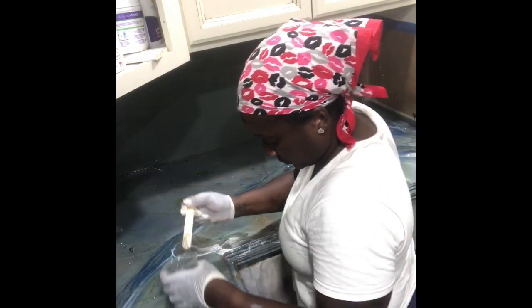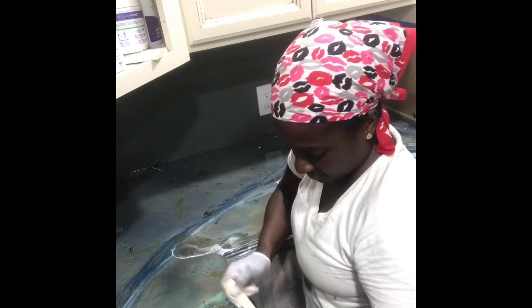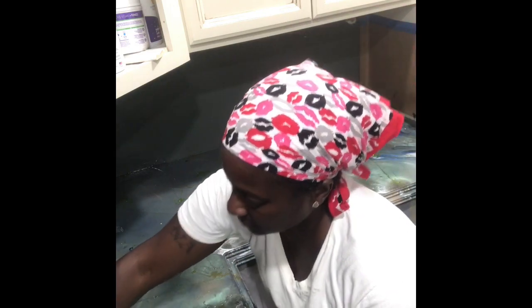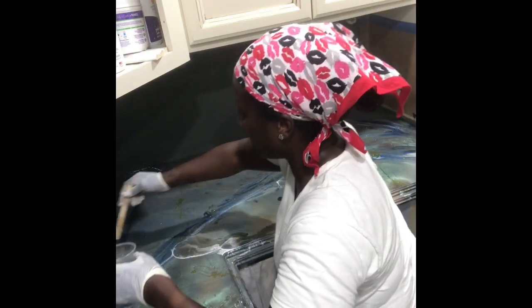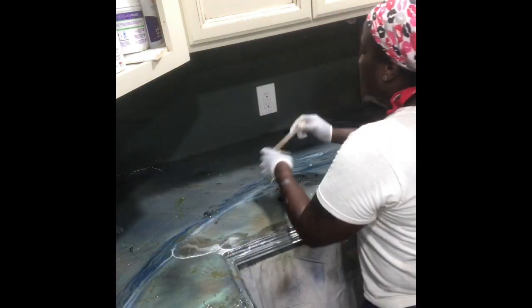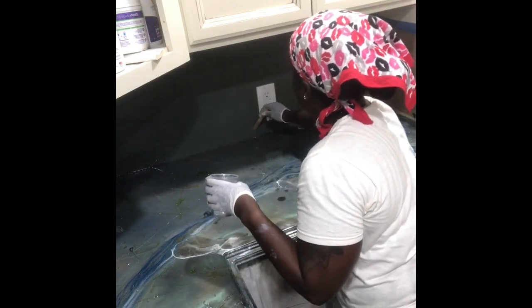Uh-oh. Guess I gotta put some glitter over there. Wow, this is really coming together. I was a little concerned because I had decided to take a different direction with this, but